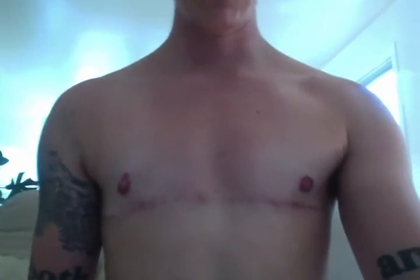I like the placement, I like the size of them. I've seen some variation in placement and size with other folks, and I am happy with that around mine. But the discoloration, I think I'm going to look into surgical tattooing to see if I can even some of that out. And then the shape of this one is a little odd. It's got this little thing that comes up, and it's a little higher. If I flex, you can see how this one comes down here, and this one stays on the surface. So at times they look incredibly uneven,